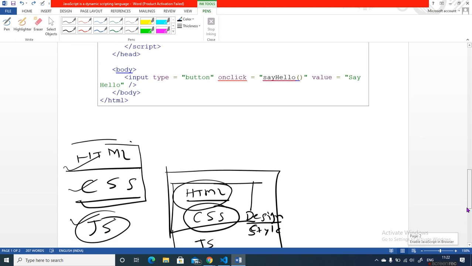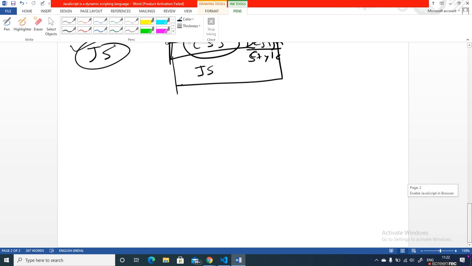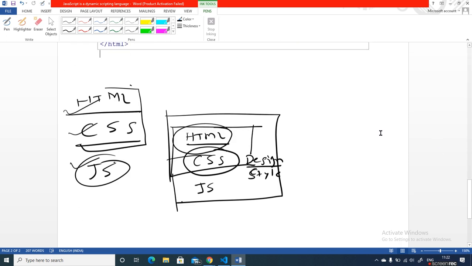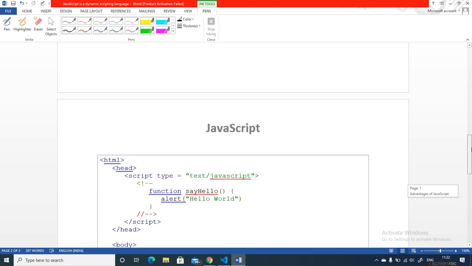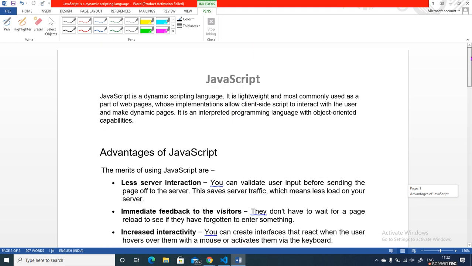JavaScript is a very important thing, and it is frequently used. Now, I just want to highlight what exactly JavaScript is. JavaScript means that it will do the dynamic changes on a page. What does it mean by dynamic changes on a page?